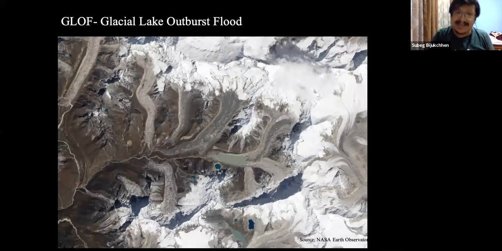Okay. So what are glaciers? Glaciers are rivers of ice. They don't flow, they slide, because it's ice. And then when it reaches down, the ice melts and turns into a river. That's why our snow-fed rivers are there. So these are all glaciers, and the rivers, and the glacier goes up to here, and then it turns into water